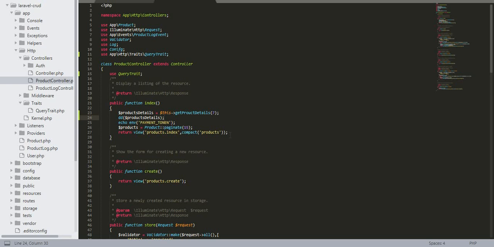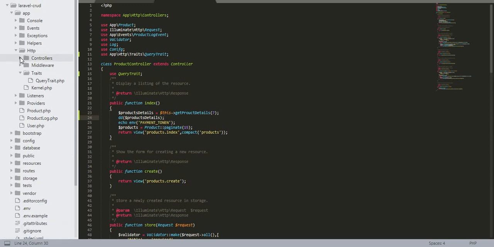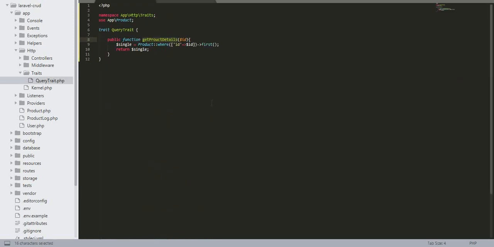Let me recap. First we created one folder called Traits inside app http. Inside that we created one file called QueryTrait.php, and inside that we defined this code: the trait, with QueryTrait as our class name, and inside that we defined methods. Likewise you can define as many methods as you want.